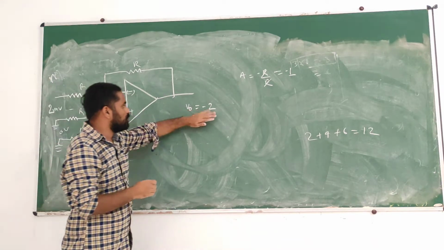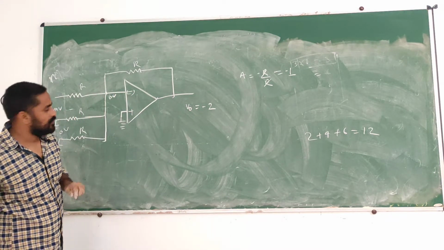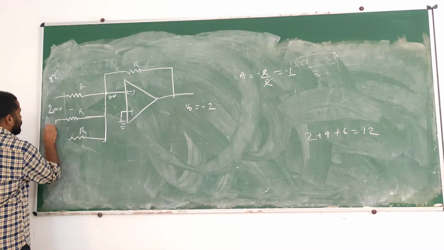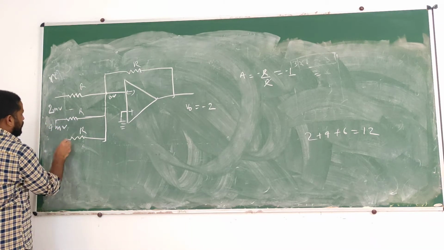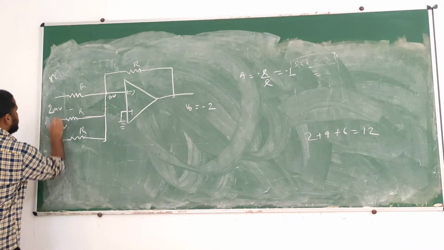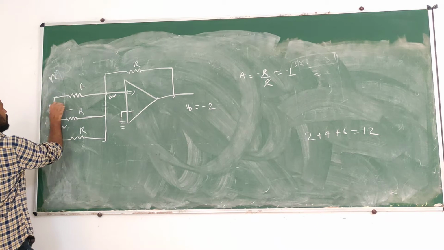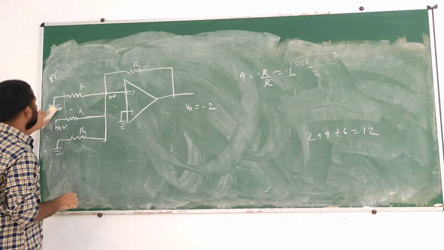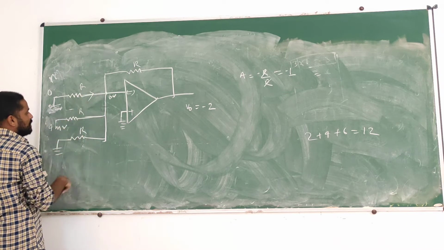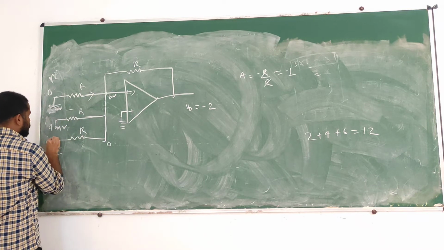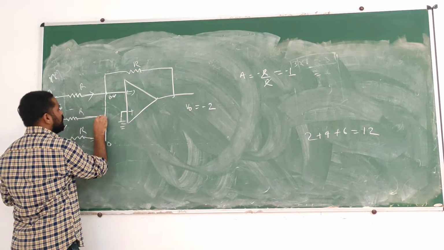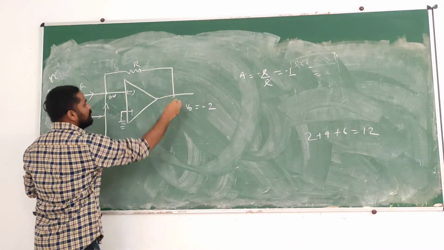So we will get minus 2 volt. Now if you want to take the effect of this one, 4 millivolt, this is your second 4 millivolt, then we need to ground the first and the third terminal. If you ground this and this is 0 volt, this is 0 volt, no current will be flowing. Then because of this current only, this current will go here and you will get the output.